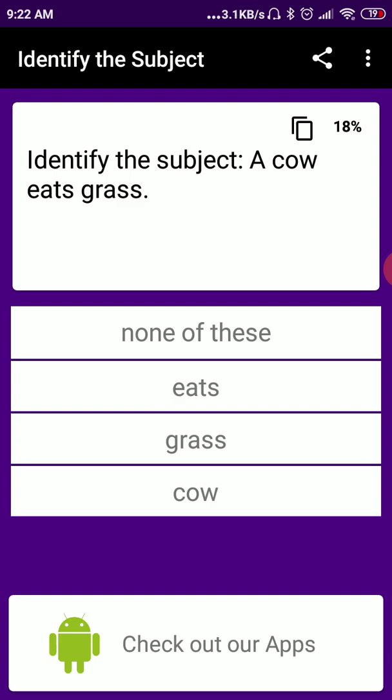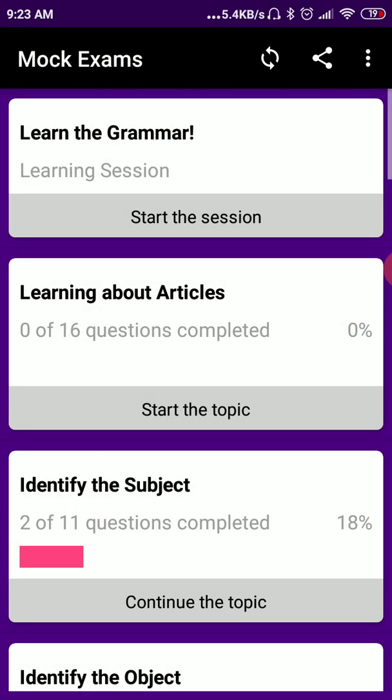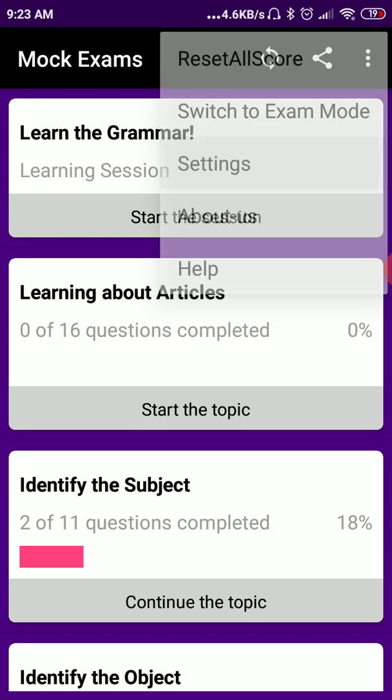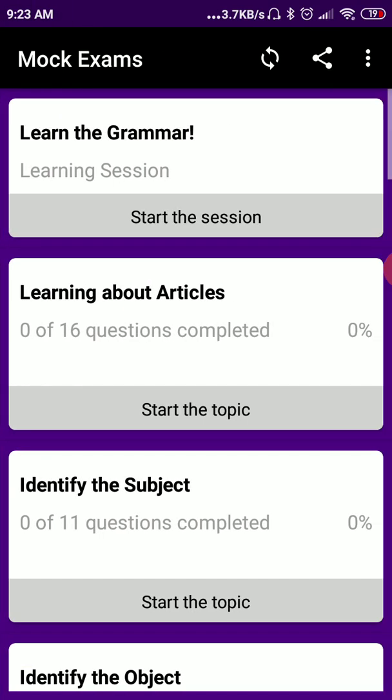So what you keep on doing is you keep on trying to get a good score, then go back to the main topic and try again. It will keep on showing you all the questions that you must retry, where the app thinks that you need more practice. This is what we recommend, that you keep on retrying and get 100% marks in a particular topic using the practice mode. But later on, what we want is you should go to settings, switch to exam mode, and then try to solve the same topic one more time.